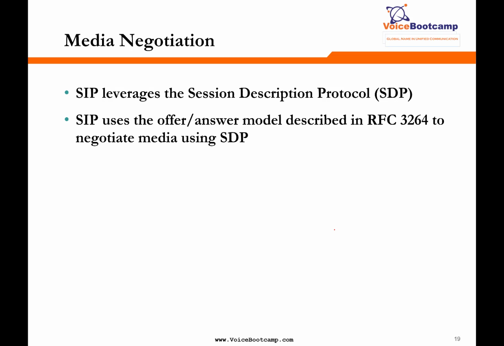Now, SIP will leverage the Session Description Protocol, known as SDP, for the capability negotiation. And SDP will use the offer/answer model described in RFC 3264 to negotiate the media using the SDP protocol. Now, again, you may not